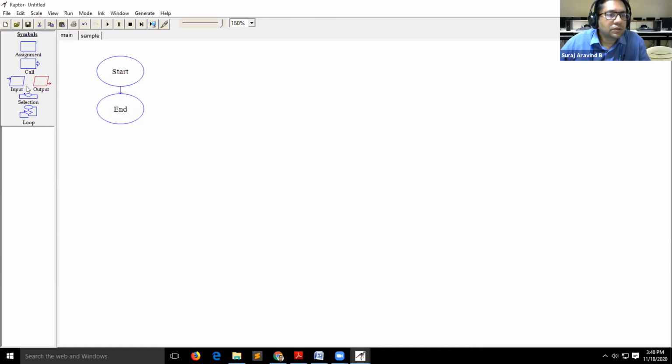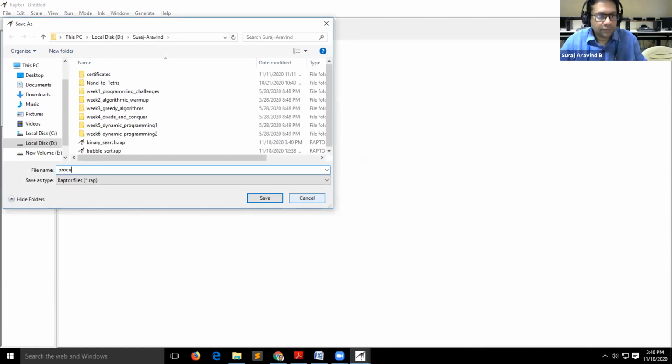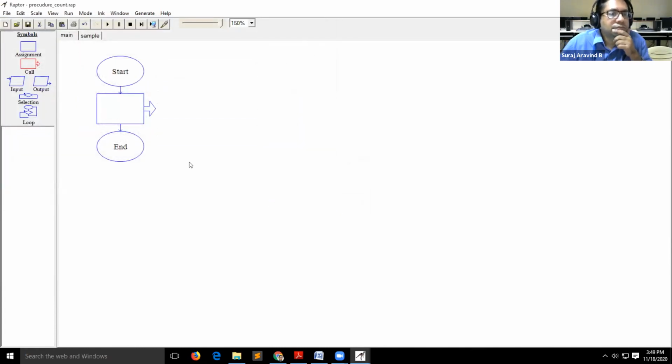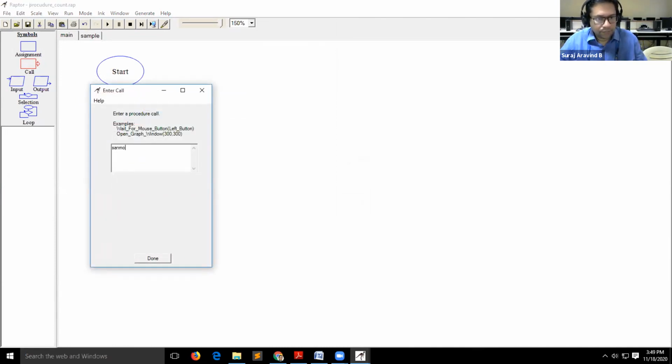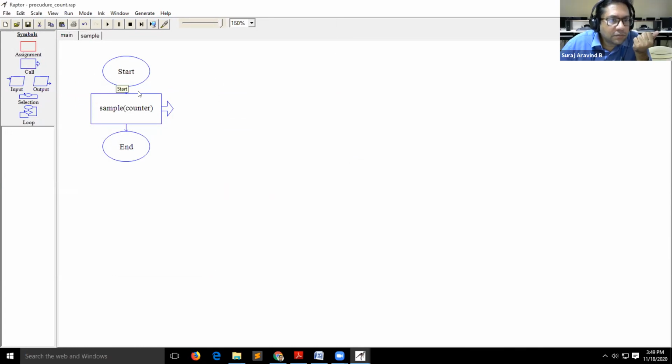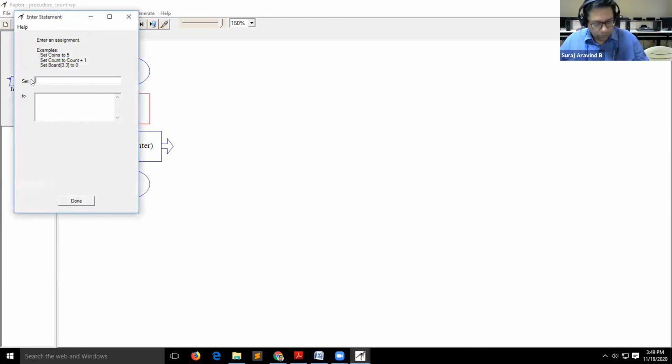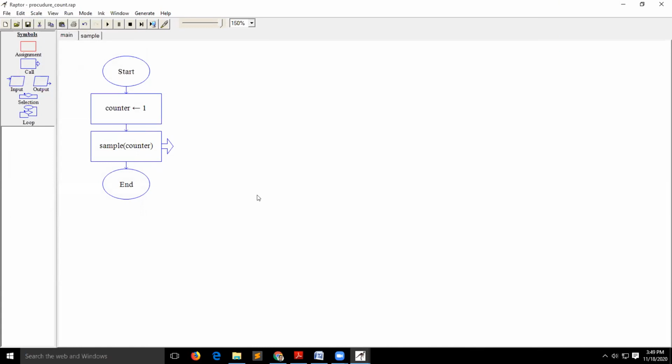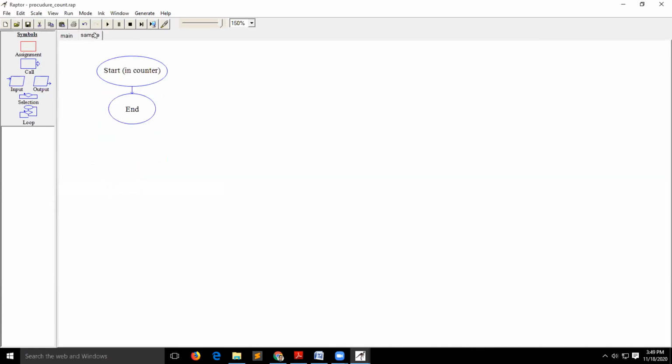Procedure count, sample. Before passing the counter, I will assign the counter. In here, I will modify it.